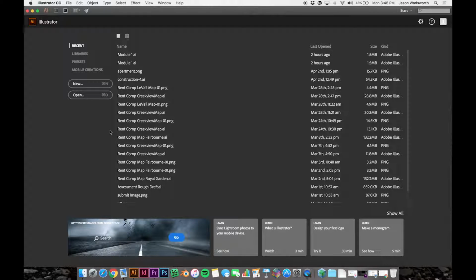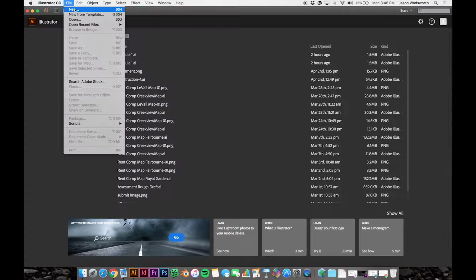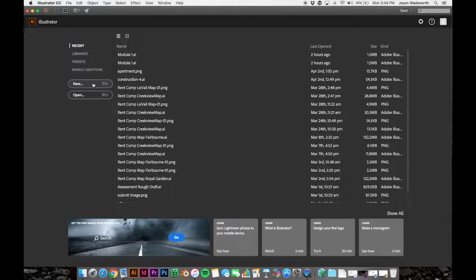All you do when you open up Adobe Illustrator, you can do this a couple ways. There should be a button here that says New or Command N, since I'm using a Macintosh computer. If you're using a Windows machine, it would be Control N. Up at the top, there's also this File button. If you hit File, New, it will give you the same exact option. So let's hit that, New,